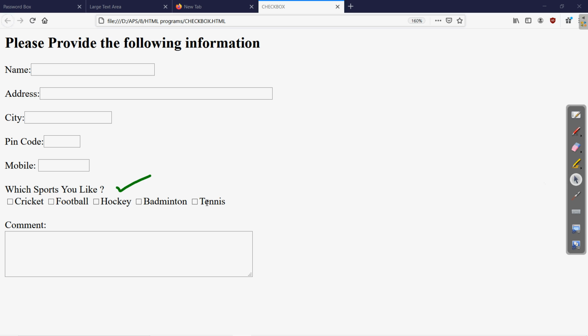Now as we were talking about that, these checkboxes provide us the option to choose multiple options together. Clear? It may happen that we like more than one value. You can see when I click on cricket, it is selected. If I click more than one, that will also be selected. Clear? So if we want to select 3 values, here we can, like cricket, football, and badminton.